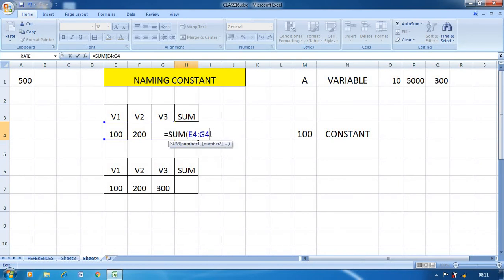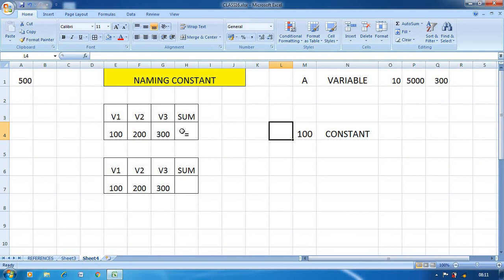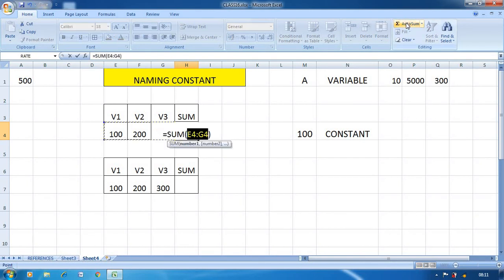One thing you can do is write the equal to sign, then just click on the auto sum option. When we click on Auto Sum, it automatically takes E4 to G4.